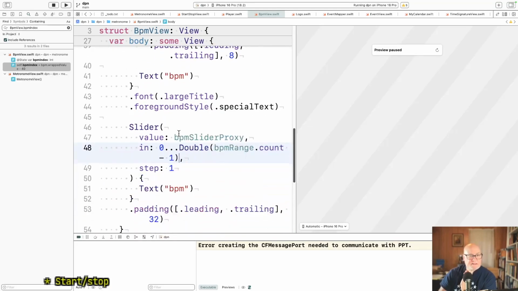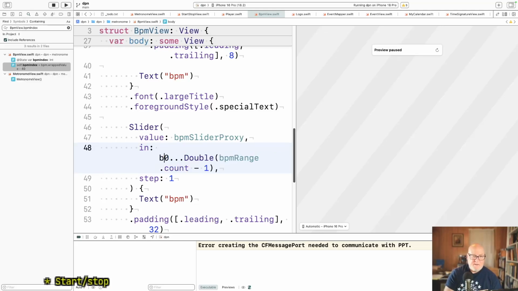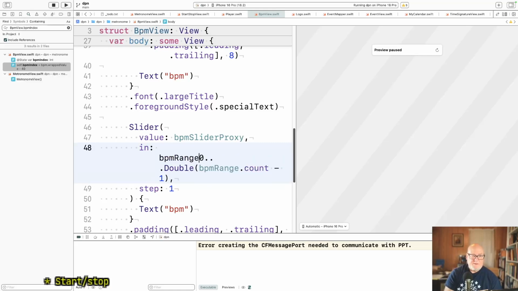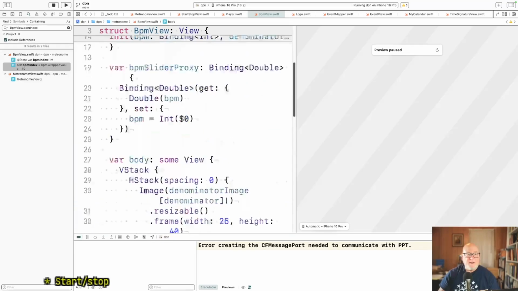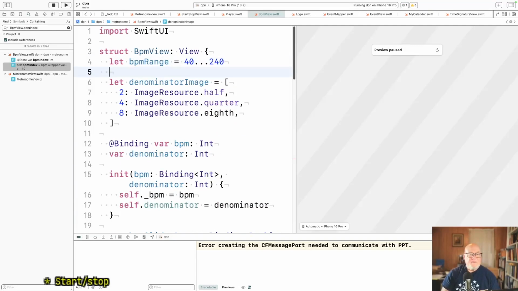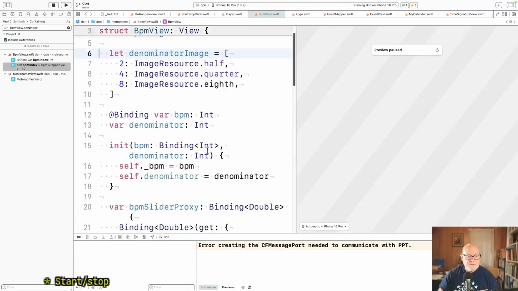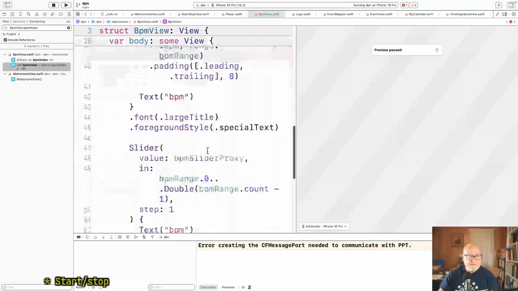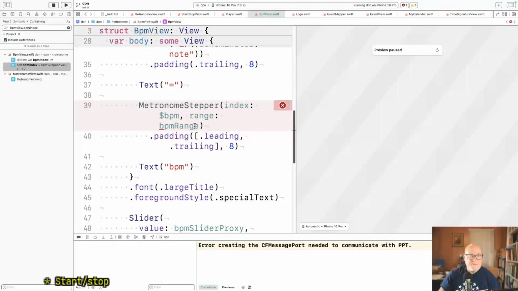Okay, if I pass in 60, the slider is in. No, I think this should be BPM range dot. Well, I think it should be a range, because we're not doing anything with the values in there. We never set them or anything. Okay, so range, BPM range,